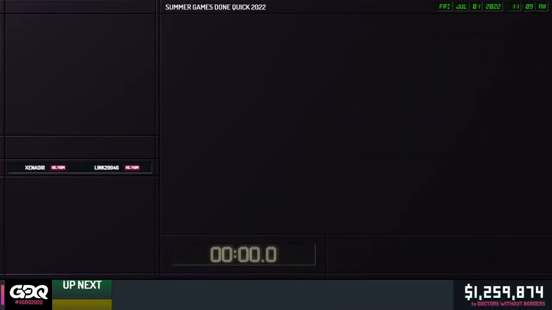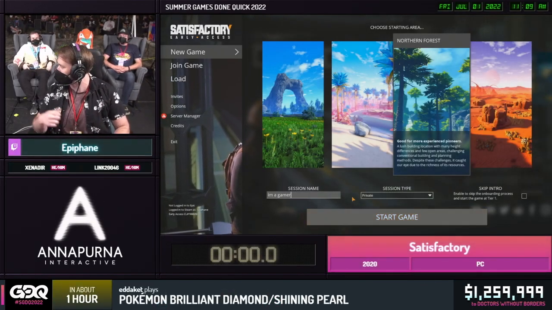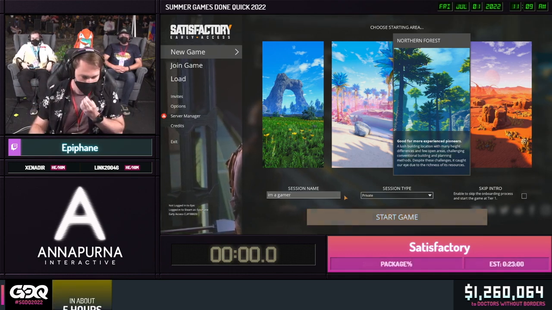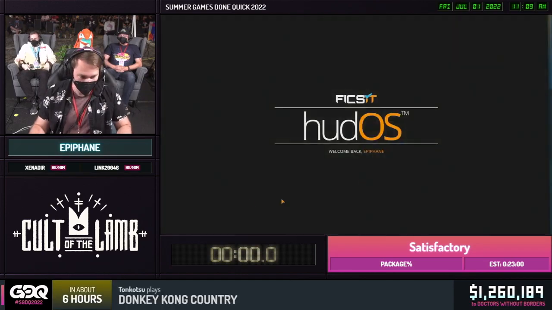Hello, everybody. I'm Epiphany. We're about to show off some sweet Satisfactory. Behind us, or behind me, I have Xenadir here and Link on the other side. We're going to be talking through this sweet game. Now, for those of you who don't know what Satisfactory is, it's a factory building game where you try to make a bunch of stuff automatically, but we go fast, and so we're going to try and make it all